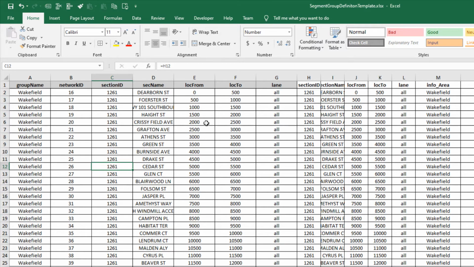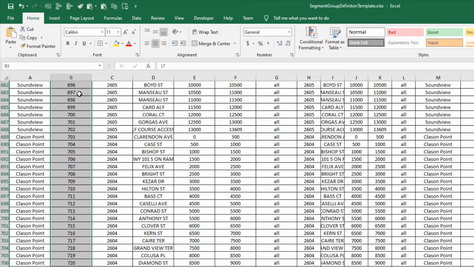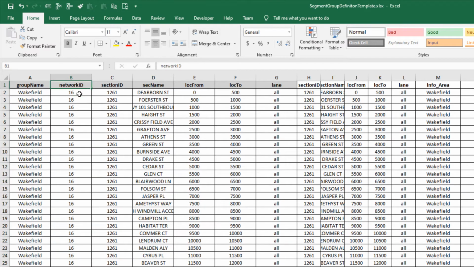Now, one thing you'll note is an error we often make with this. You can see my network ID, when I drag this around, has gone down from 16, 17, 18, and that is going to cause errors when I upload my data. So I'm just going to correct that by doing a copy-paste operation so that all my network IDs are actually 16. Now I can actually upload and test this, but before I do that, I want to create another